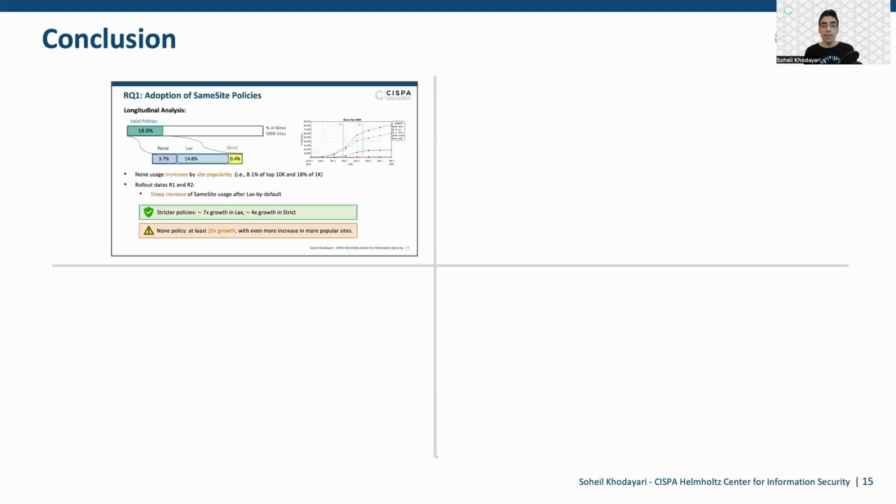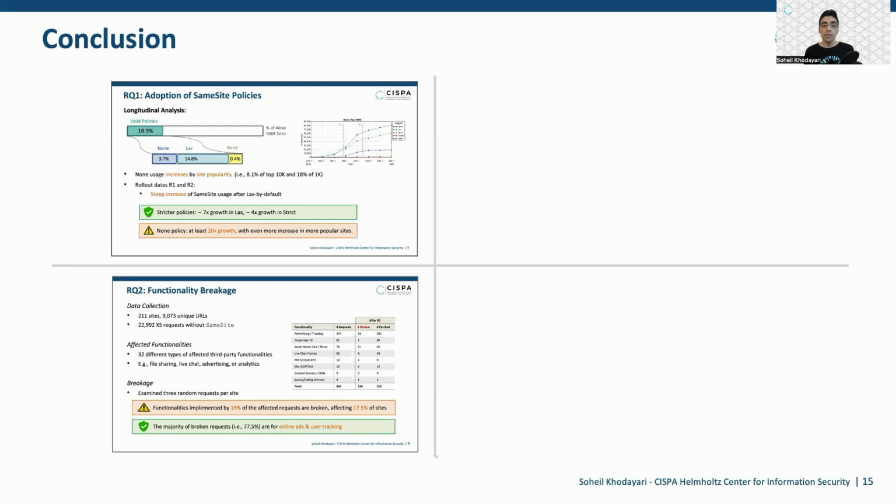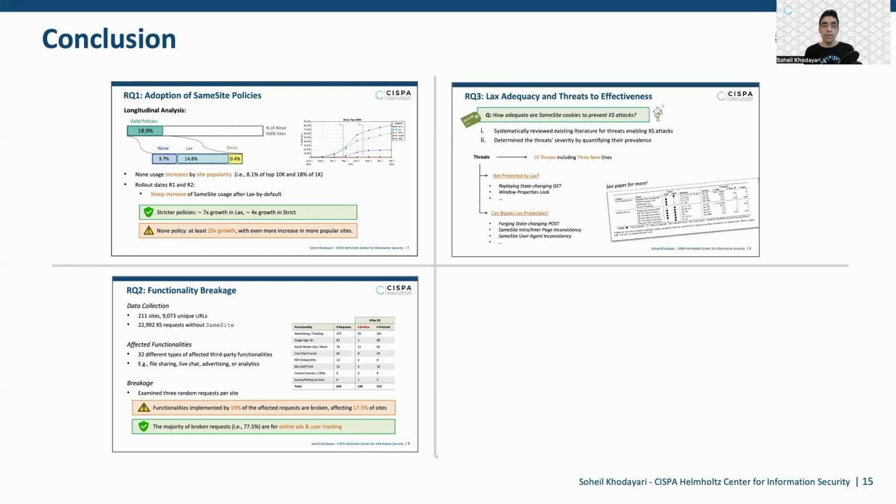In summary, in this paper, we first studied the adoption of SameSite cookies, measuring how website developers adapted to the new LAX by default policy. Then we showed that functionalities implemented by 19% of the affected requests are broken, the majority of which are for online ads. Third, we quantified the fraction of the attack surface not protected by LAX by default